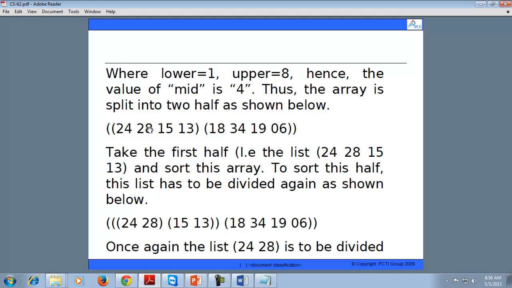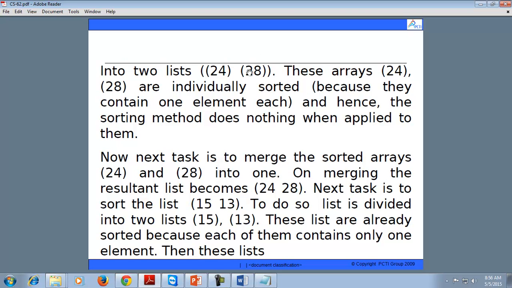To sort this half, the list has to be divided again. It means this list becomes 24, 28 and 15, 13. Similarly, 18, 34, 19 and 6 will also be divided. Once again you have to divide this list, that is 24 and 28 and 15 and 13, like this.